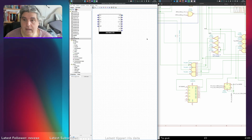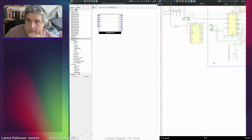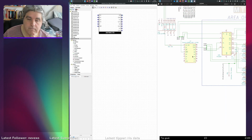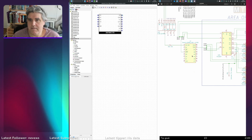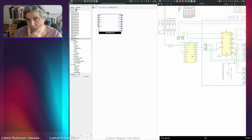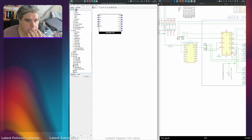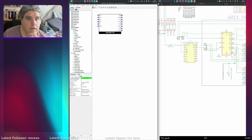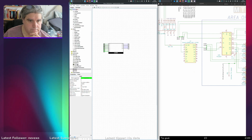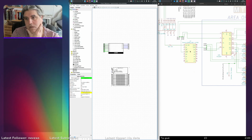That's good. Okay. What else have we got? Is that all of them? The only one that's missing now is DRAM chip, which that's not going to be easy to implement. Do I really want to implement the entire thing? I mean, I have a RAM block, which I could use for it. But that's